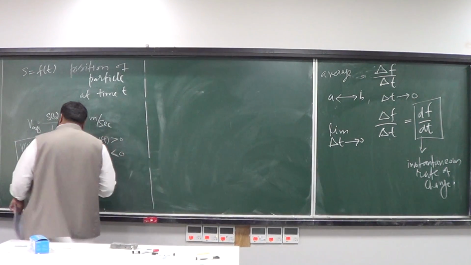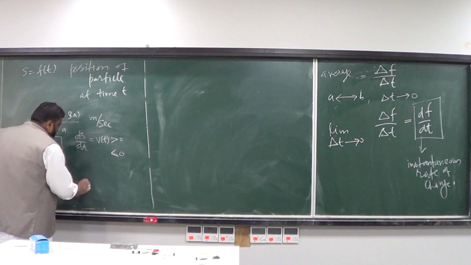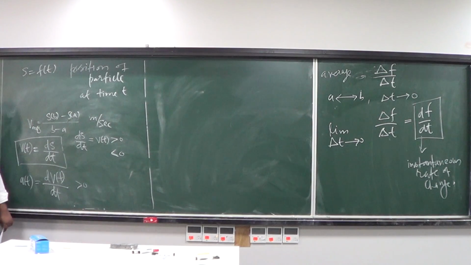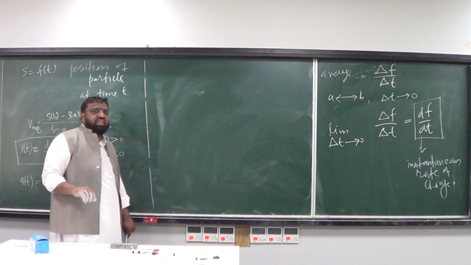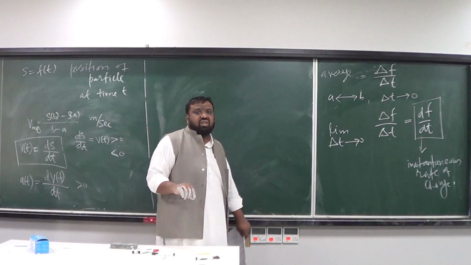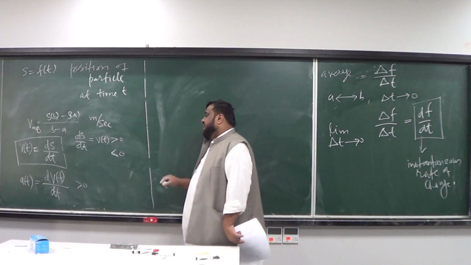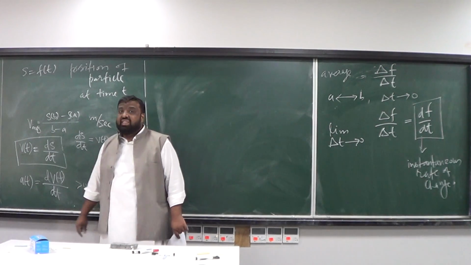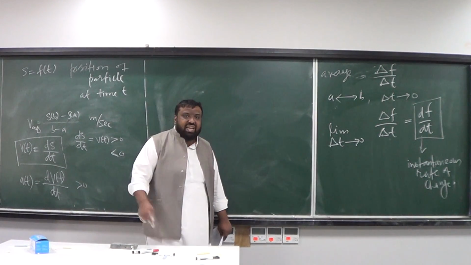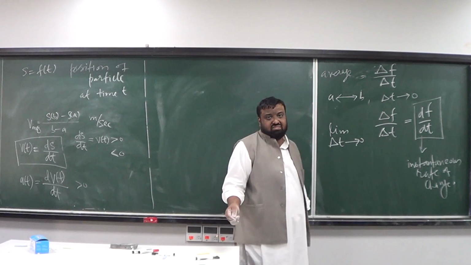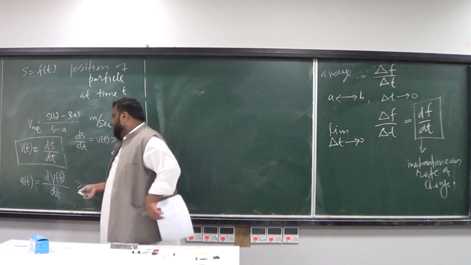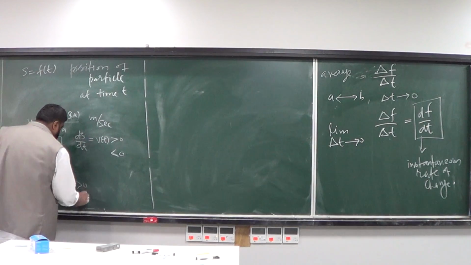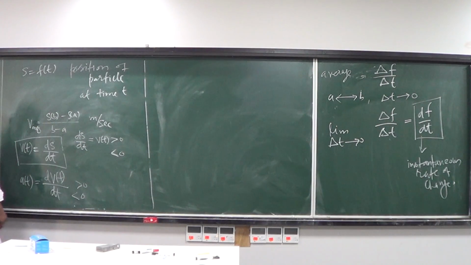And similarly, you can have the interpretation that if the acceleration of the particle, or the object that you are tracking on your radar, is positive, that means that object is gaining more and more velocity. And if the derivative of the velocity with respect to time